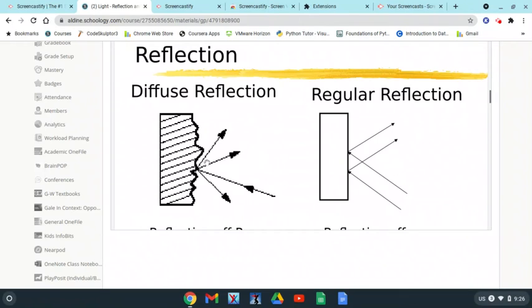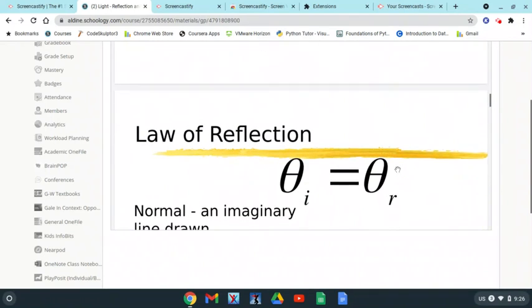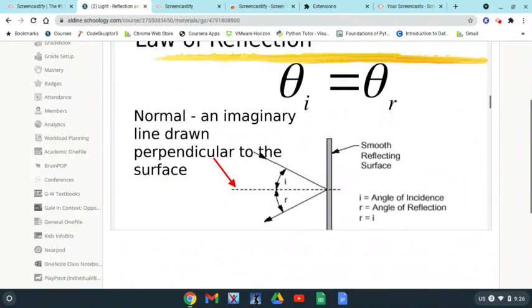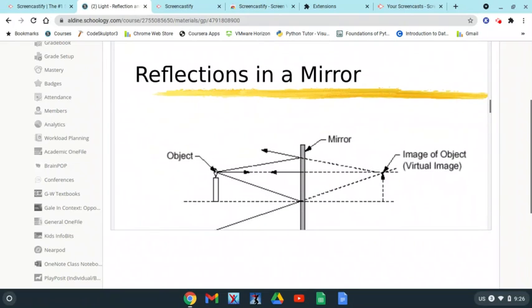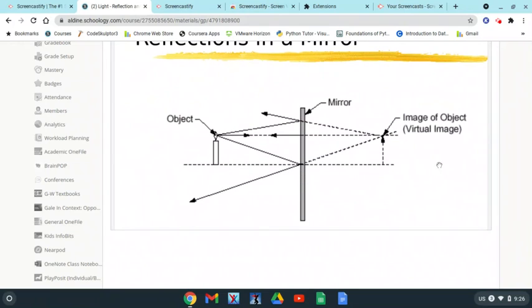Regular reflection, diffuse reflection. This is of a rough surface, and this is of a smooth surface. You can also see reflections of rough surfaces, although not clear what we're looking at. And then here we look at reflections in the mirror,